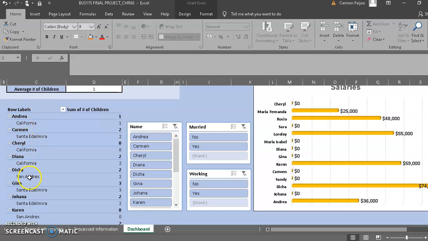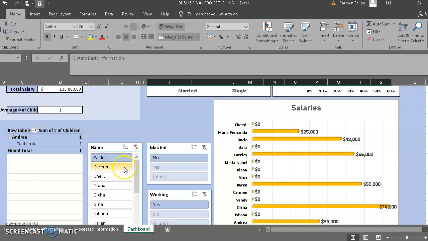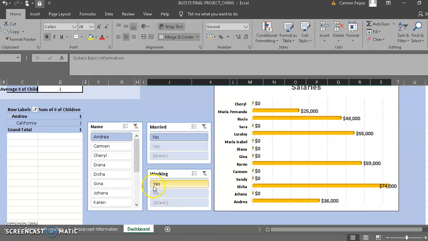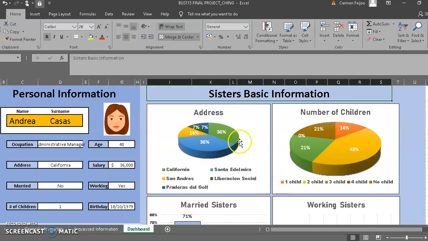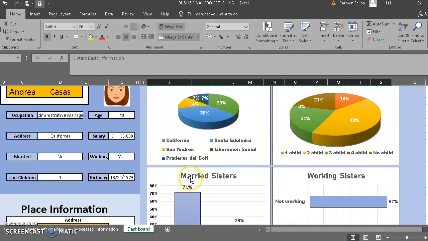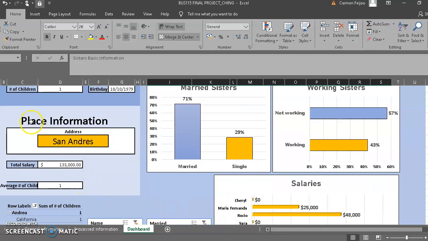For example, the names, where they live, the number of children, and here I can select, for example, my friend Andrea. She's not married, she's working, she lives in California, she has one child. So this is the basic information. And this is the last part, the place information, only to have